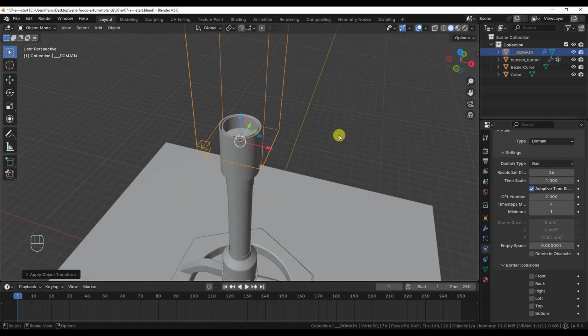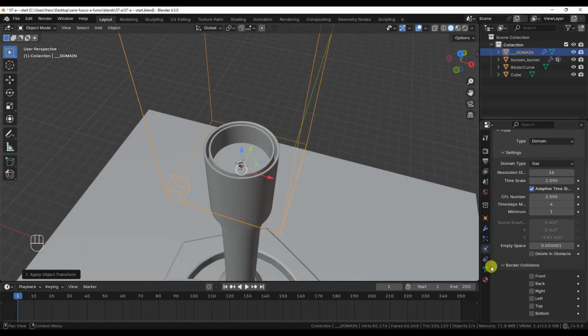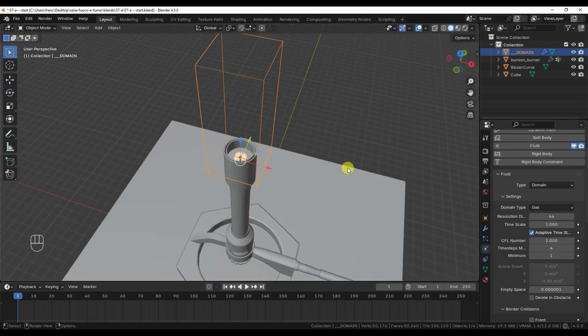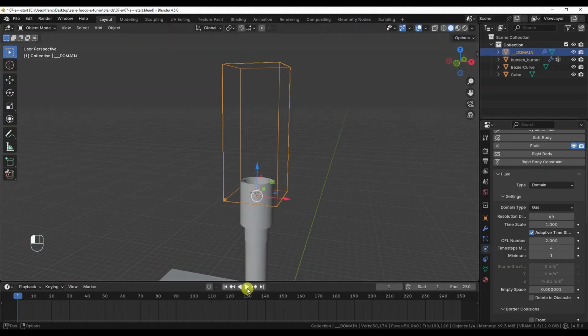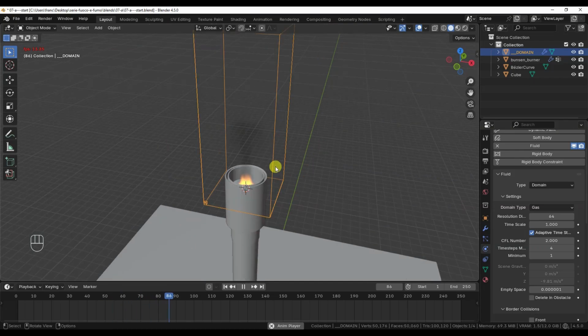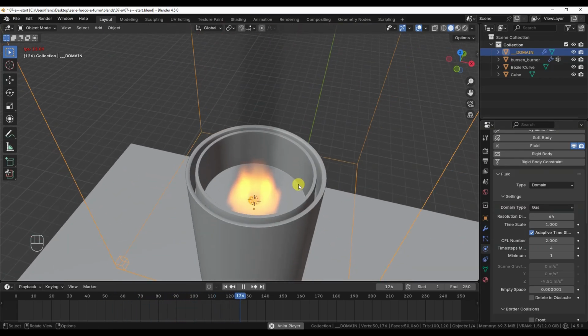Speaking of emission from a vertex group, if the emitted flames are not visible, the issue may be related to the domain resolution. With resolutions that are too low, and therefore voxels that are too large, the voxels containing the emitting vertices might be considered empty and fail to emit flames. So try increasing the domain resolution.